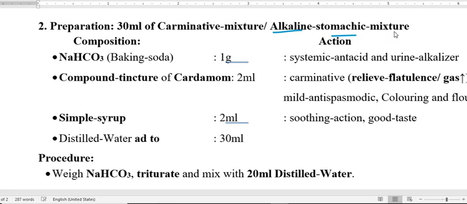Alkaline stomachic mixture. Every term is important, so we have to prepare again the same volume, 30 ml. We are going to prepare the carminative mixture, and that is alkaline in nature. So one alkaline constituent must be there, and stomachic means the agent, the chemical, the drug that are going to help in the